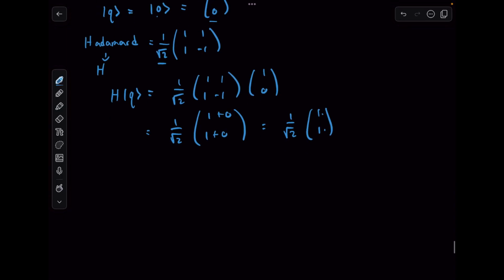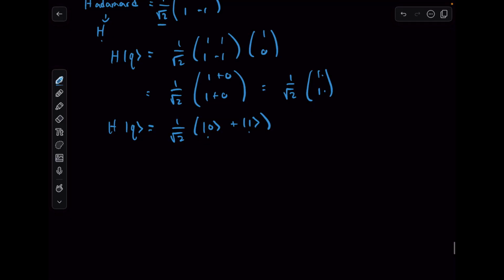So now I can write this in ket notation as 1 over the square root of 2, 0 plus 1. And now you can see why this might be useful to us, having this Hadamard, because we can take our 0 and put it into 0 plus 1. That's good. Now let's see how this acts on,